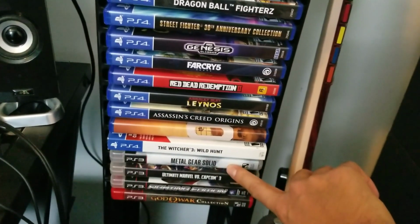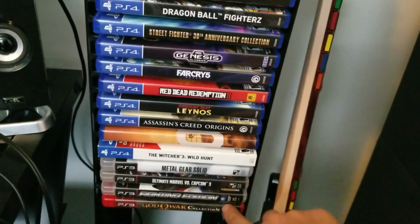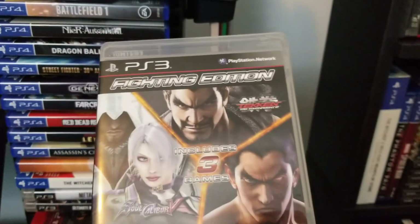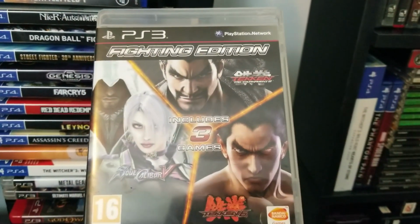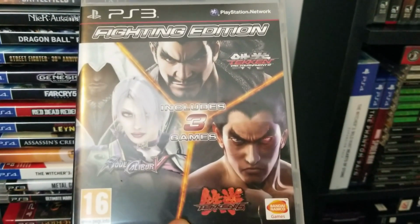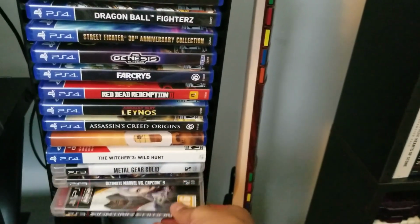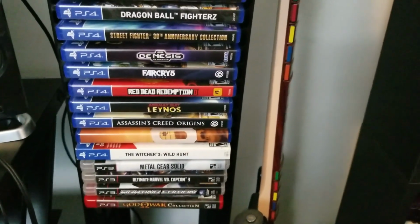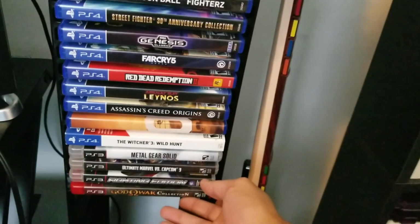Currently going through Metal Gear Solid 2 again, and I love this, one of the best fighters. I like that. This is a really good piece in my collection. This is a PAL region collection of fighting games from Bandai Namco. So you've got Tekken 6, which is okay, Tekken Tag Tournament 2, which is pretty good, and Soul Calibur 5 is actually not that bad. I mean, especially when you compare it to other ones, like the one that had Yoda and Vader. That thing was horrible. So it kind of rectified some things, but...